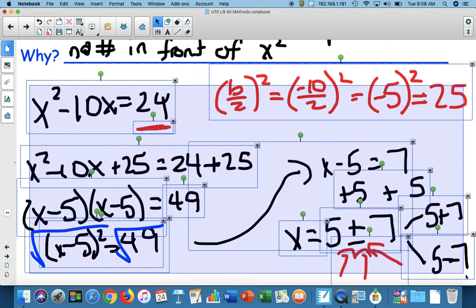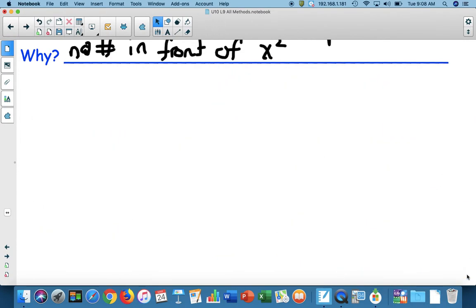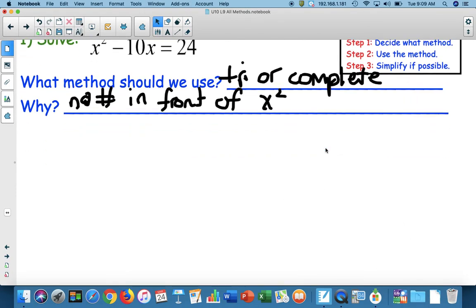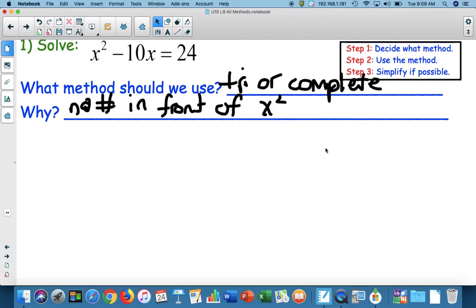Now, granted, factoring would definitely have been quicker. So if you tried factoring, good job. Factoring is definitely the quicker option. Honestly, factoring is probably what I'd prefer personally. All right, so if we go back up here,